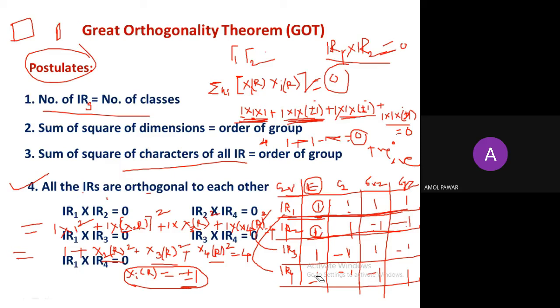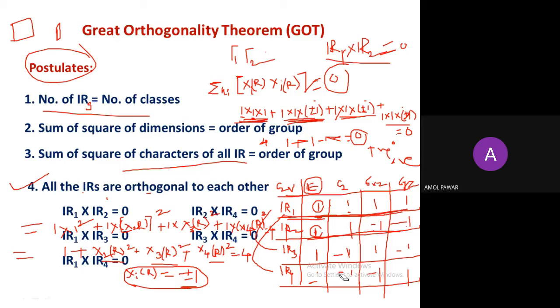See, in competitive examinations there are no questions on constructing the character table. The questions are on the basis of completing the character table, or writing the missing values. Sometimes there is a question mark instead of the 1 or -1, then complete the following character table. But while constructing the character table, you should know these postulates. Number of irreducible representations is equal to number of classes, sum of squares of dimensions is equal to order of group, and sum of squares of characters of all irreducible representations is equal to the order of the group. समझ में आया आपको?